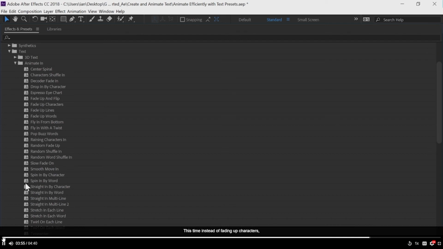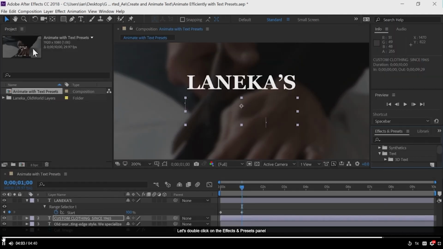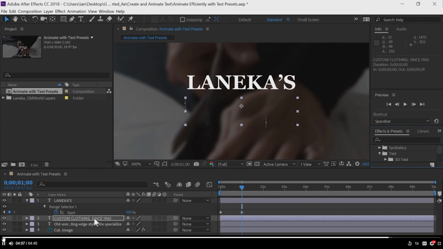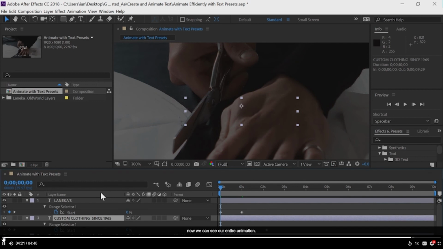This time, instead of fading up characters, I want to fade up words. So I'll double click on that effect. Let's double click on the Effects and Presets panel and see if our effect has been applied. Notice I can't see my type anymore, and if I select layer 2 and press the U key, there are my keyframes. So now, if I move my current time indicator to the beginning of the timeline,